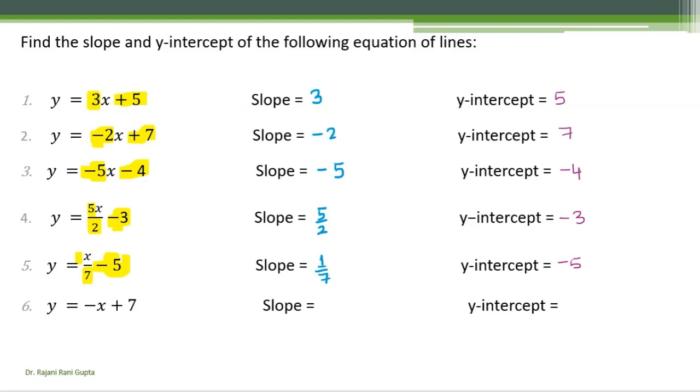As we go to the next example, here we just see the negative sign, minus x. So minus x means minus 1, since there is no number, it means 1, because it's understood that we generally don't write 1 when it is multiplied by a number. And here we have plus 7 as the y-intercept. I hope now it is clear how to identify the slope and y-intercept for